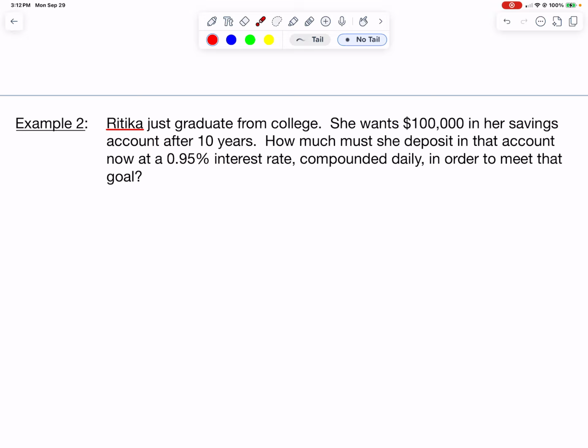So that means it's a single deposit, which means we're going to use the equation that we used in the previous example again, and that is P, which is how much does she need to deposit now. It's going to equal B, which we know to be 100,000 because that's her goal, and that's going to be divided by 1 plus the interest rate in decimal form. Even though the interest rate is 0.95%, we have to put it in decimal form, so that's going to be